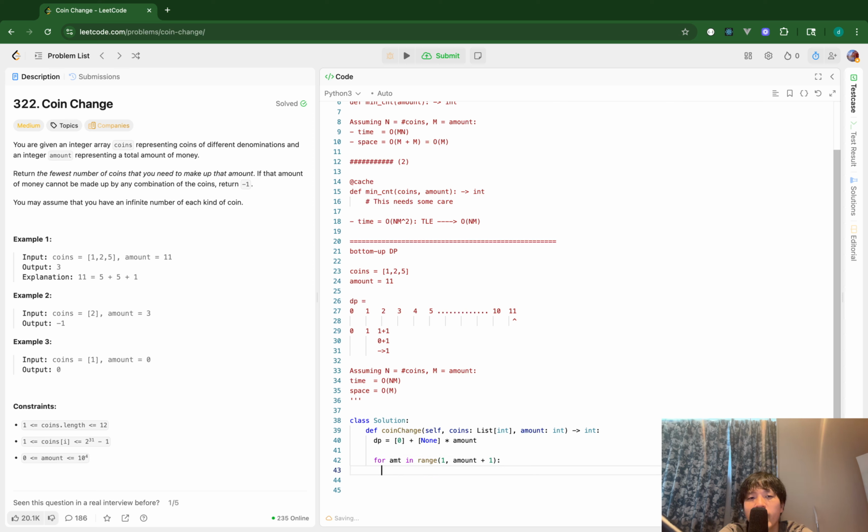Okay, from here, I will fill in the DP table, the DP amount cell. Okay, let me put Math.infinity. This means that I cannot generate the amount of that cell. This makes the implementation easier. Okay. So in line 42, for each coin,